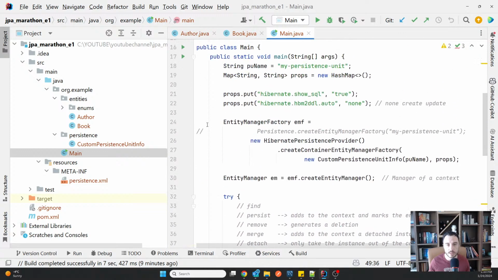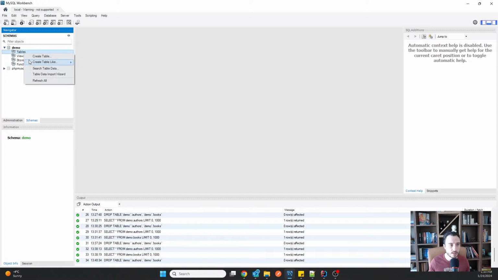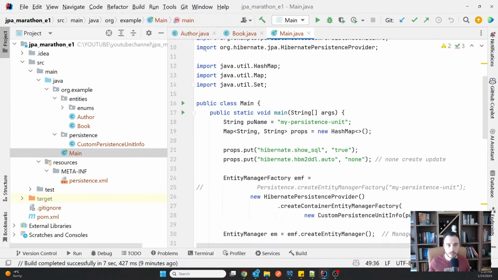Okay, let's see how this works now. Let's clean up. Oh, I have already cleaned my tables here. Fine enough. So I'm going to go here and run it. I'm going to see what happens. I'm going to see if the relationship properly works.